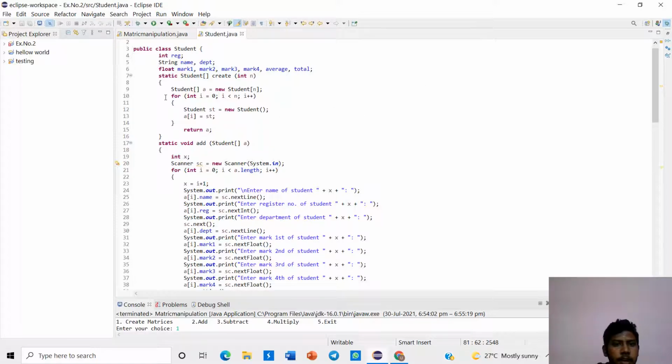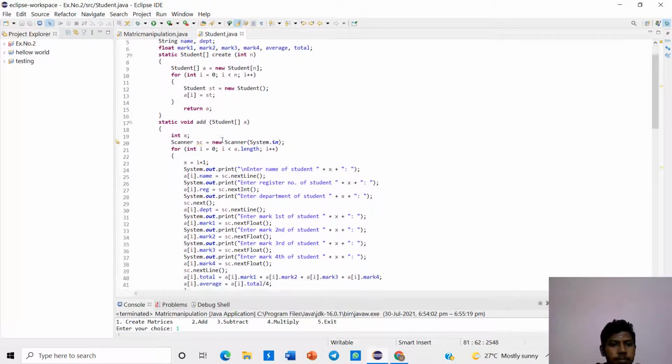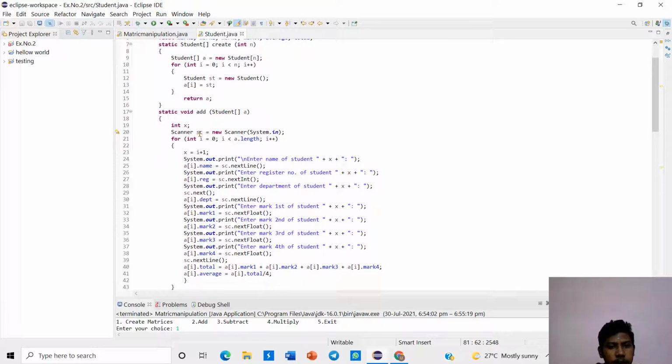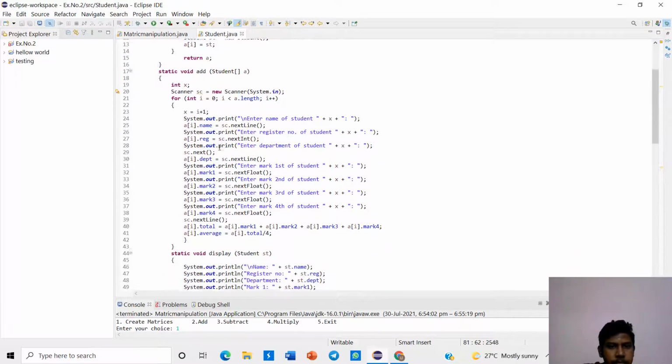The students will be created as a list of array. A for loop will be used with the condition and increment, and student st is equal to new Student. In this, the data type int is x. Scanner is used to give user input.